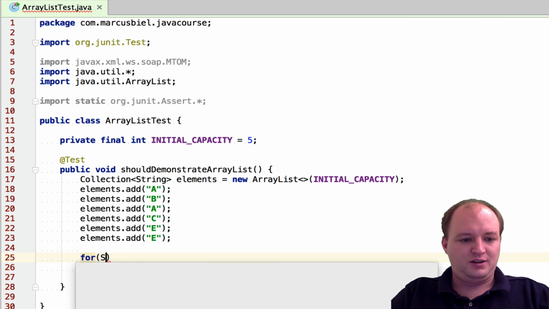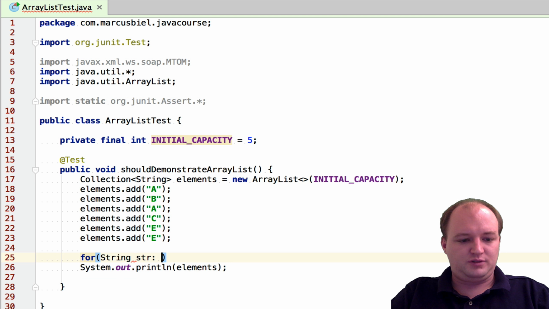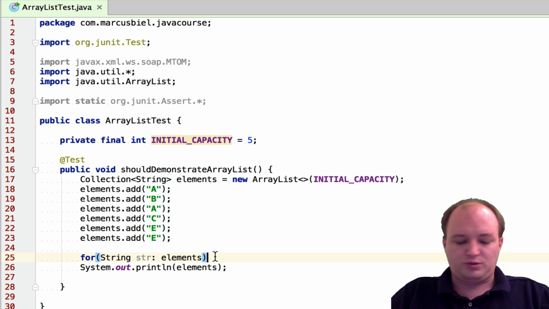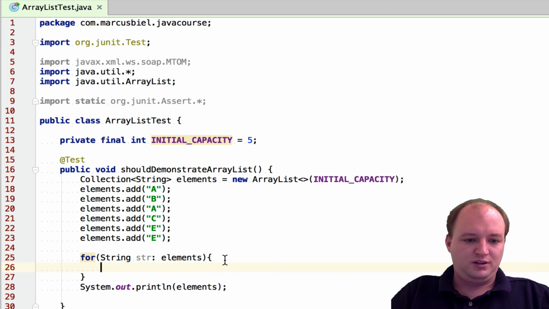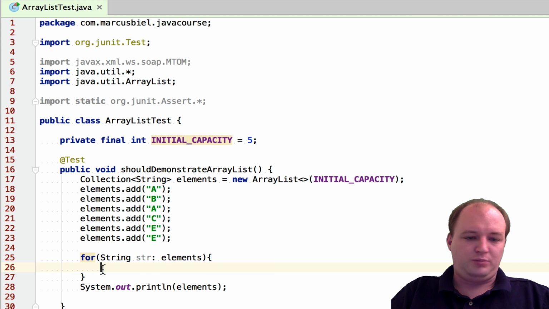And this is because array list and array collection implements the iterable interface, which is used in this new for each loop. And so we can iterate over the array list by saying string, string, and then colon, and then elements. And what is required to iterate over this list will be done here inside, and you don't see it. This is all done by the compiler for us internally.